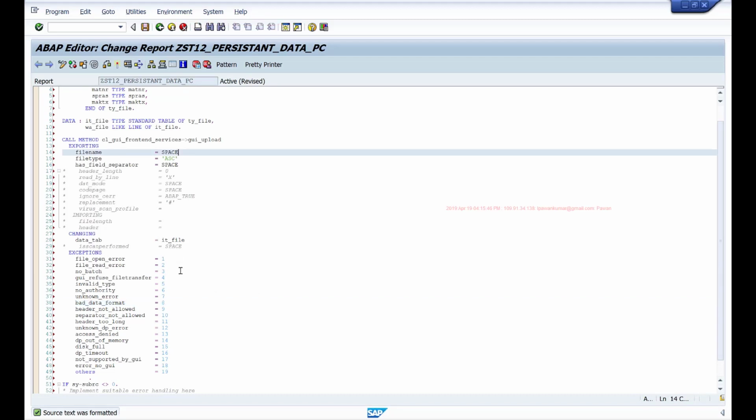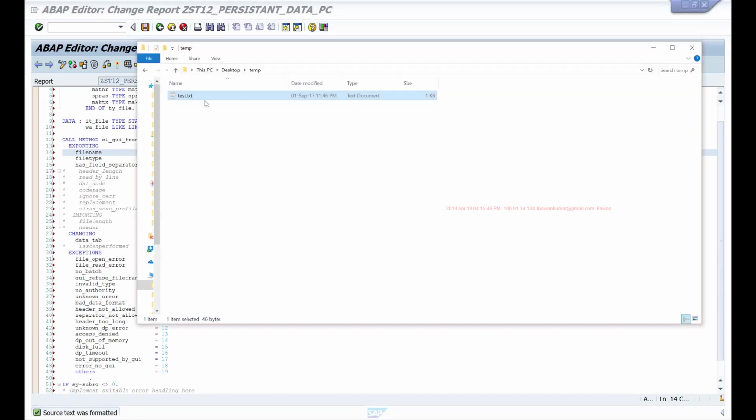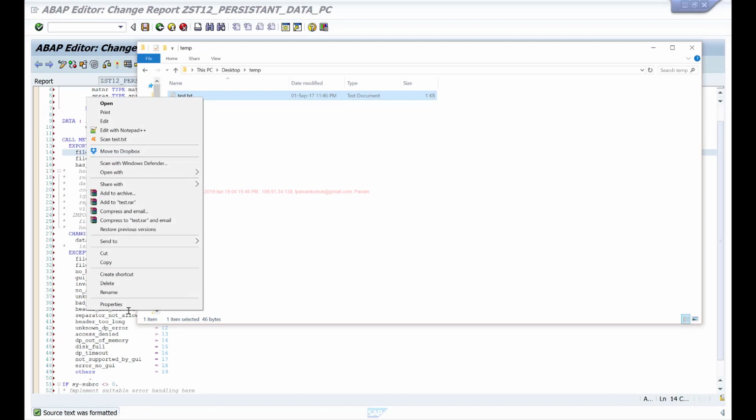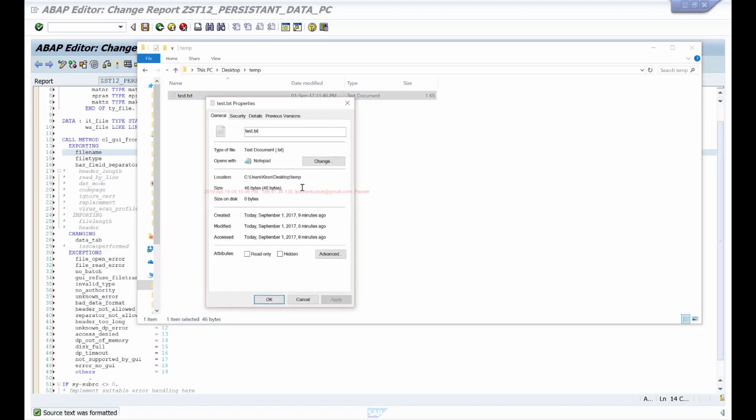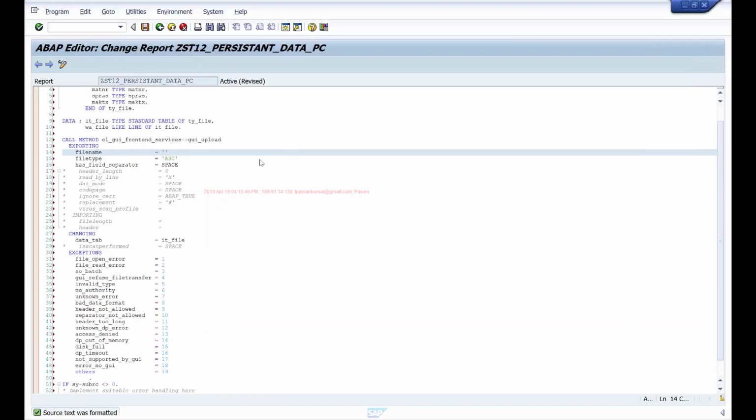For path, I'll give this path, text.txt. So this is the file I'm uploading.